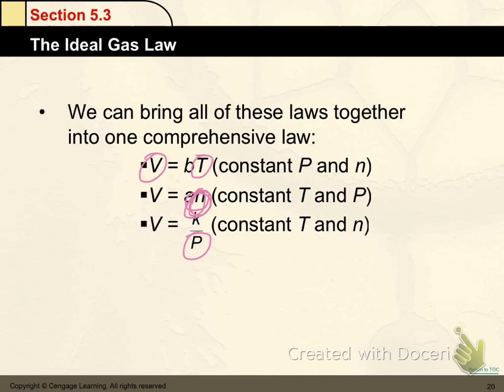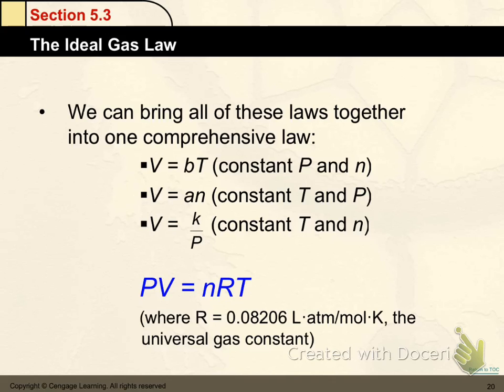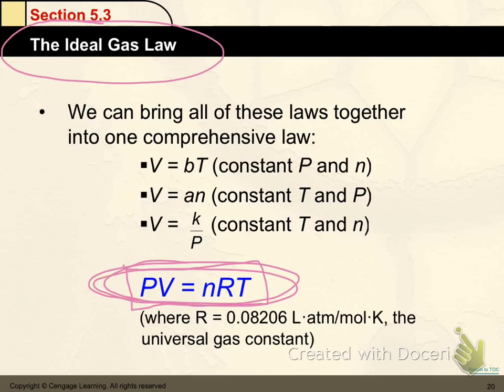If you do some crazy math, which I did once in my life, but I haven't done since, and I'd like to do it again at some point, you can actually combine all three of these equations to get what we call, very ideally, the ideal gas law. And this is probably, if you memorize any equation in chemistry class, it'll probably be this one. Not because you have to, because that equation is actually given on the equation sheets for the AP test, but just because you're going to use it so much. It's actually commonly referred to as PIVNERT. Get it? PIVNERT. Ah, very cool. That's the ideal gas law.